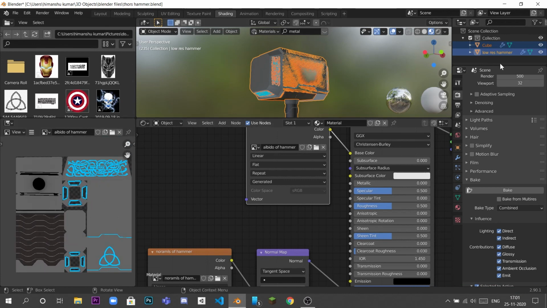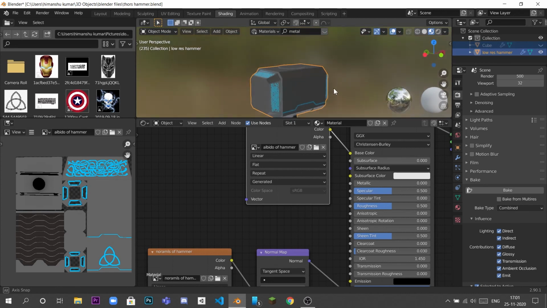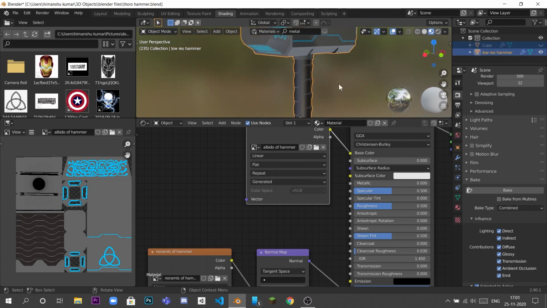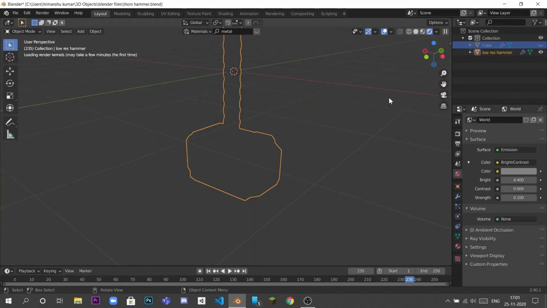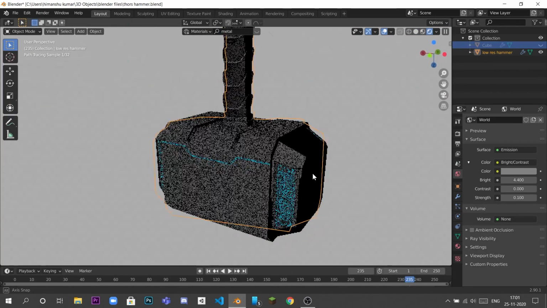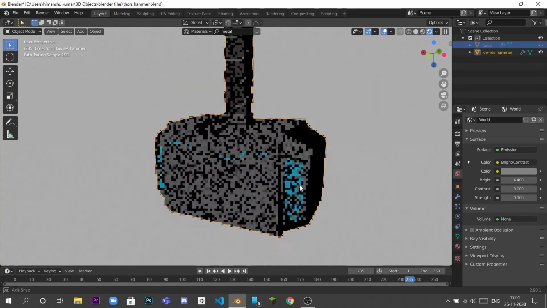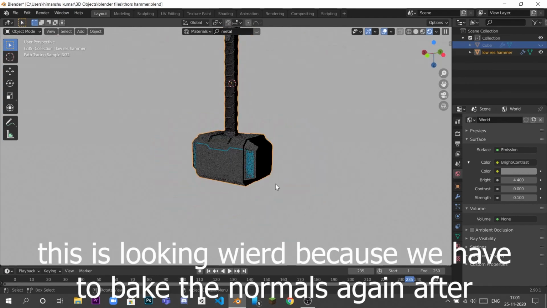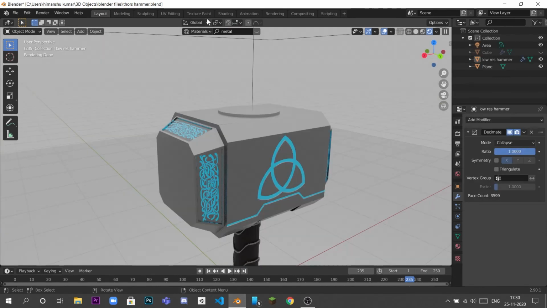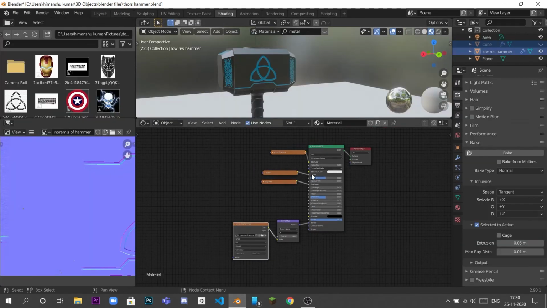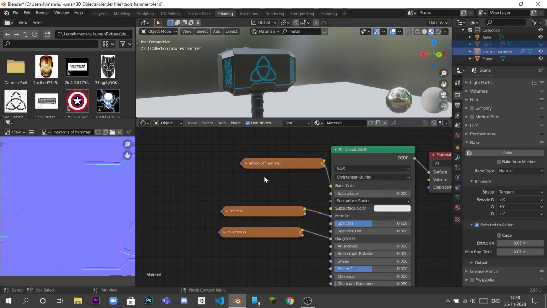We have baked all of our texture maps. Let's move to the layout. So friends, finally I have baked all my maps.